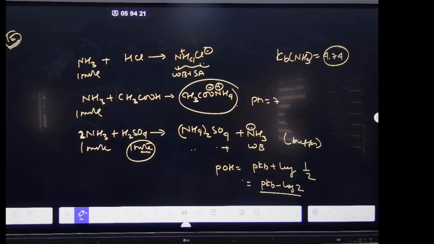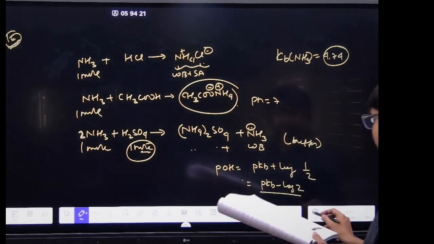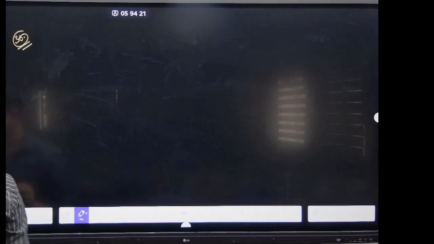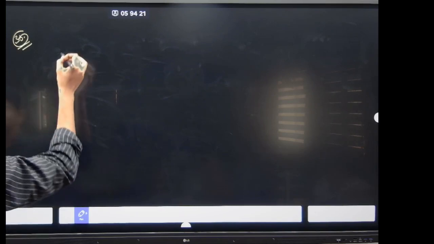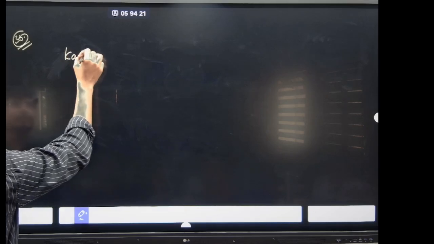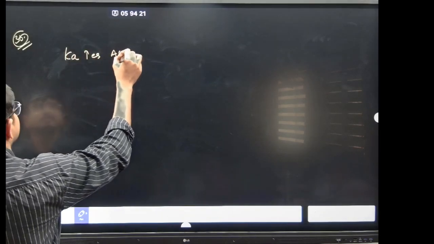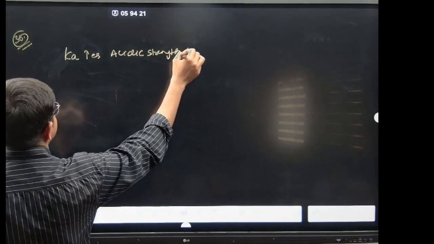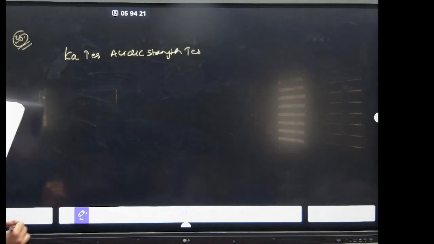Which option? Why the fourth one? See here. You see the Ka values they have given, right? Higher the value of Ka, acidic strength increases. So higher the value of Ka